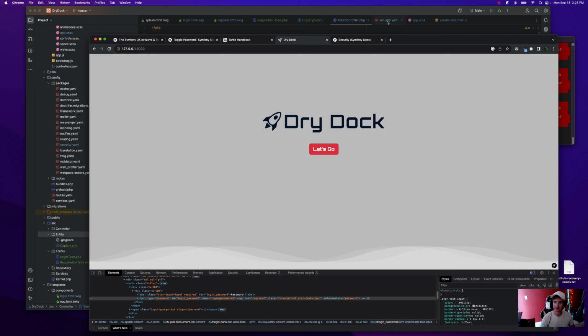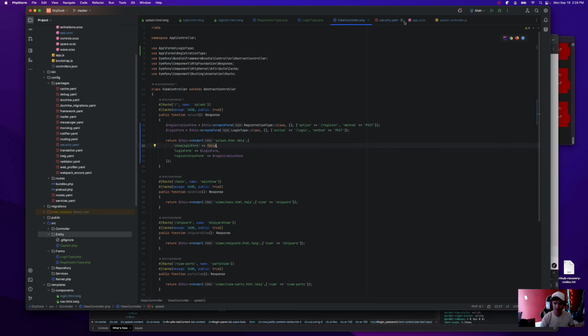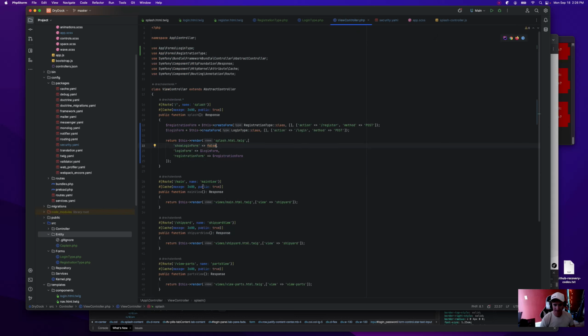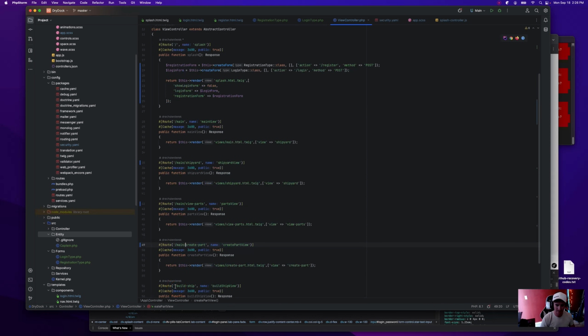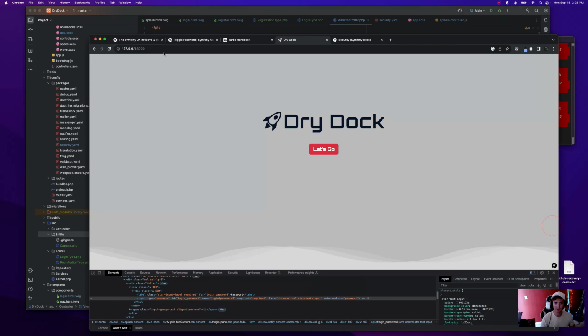So one thing we could do is we could just add main, shipyard, and all those other routes to make sure they're inaccessible. Or the right thing to do in this view controller, and you want to set up the same thing for API routes as well for access control. Everything for API is going to be prefixed with that, but we'll cross that bridge when we get there. So we're just going to add main to all of these routes, which will make them totally inaccessible unless you're authenticated. Okay, so everything starts with main except splash.